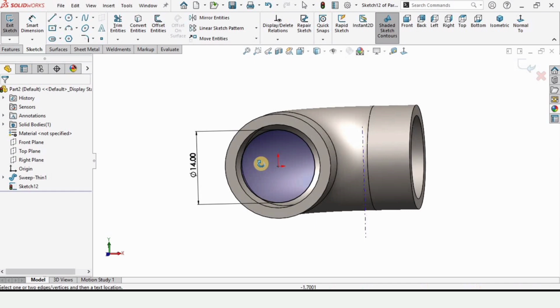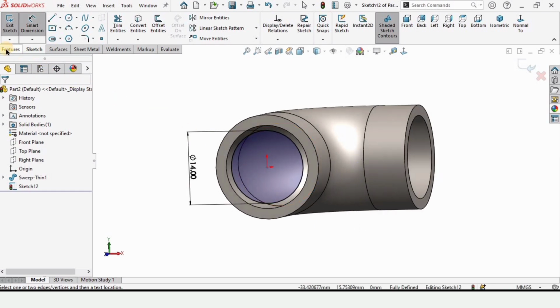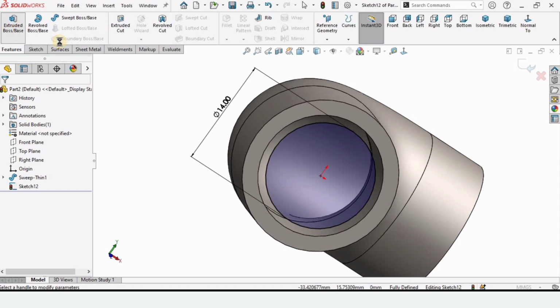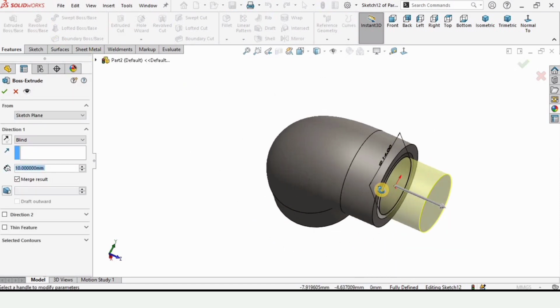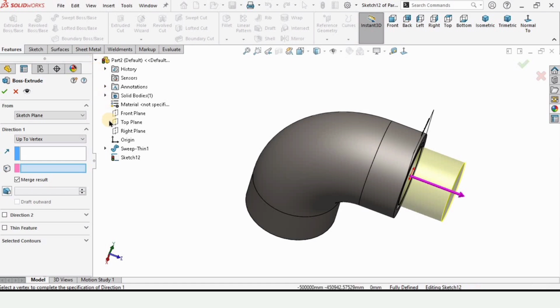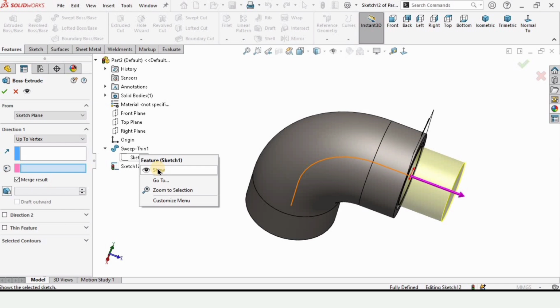and now we have to extrude it up to vertex point. So go to features and select your extruded boss base, and now drop down this menu and here select up to vertex. Now drop down this menu from here, and in this swept boss base right click here on this sketch and make it visible,